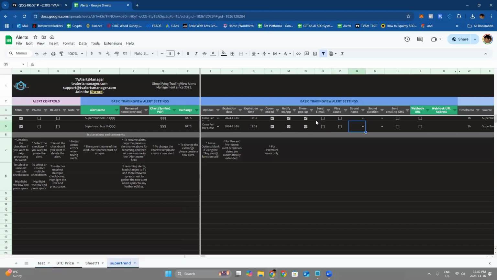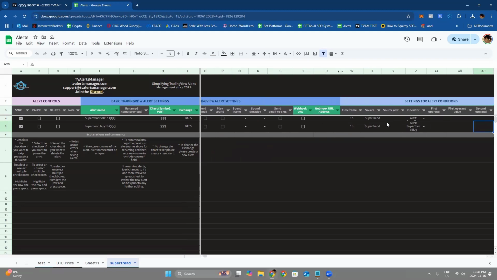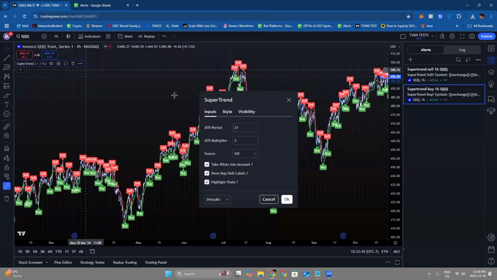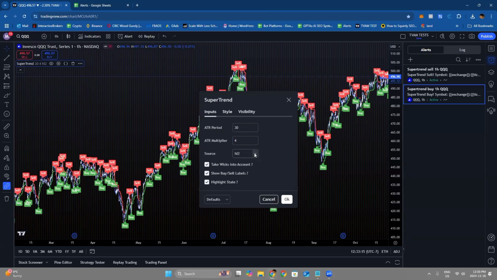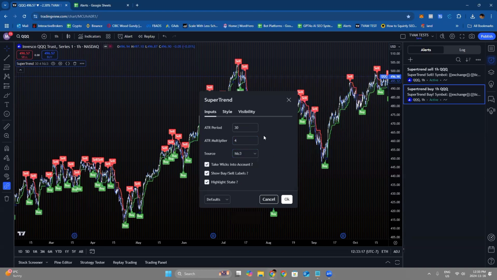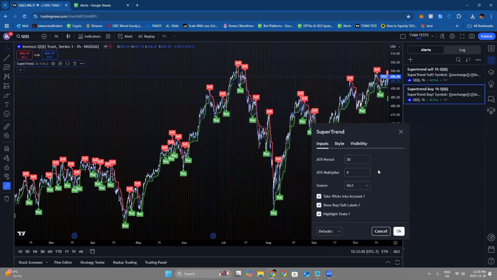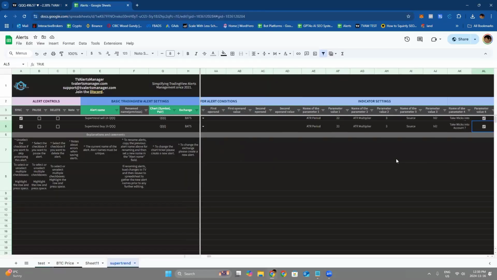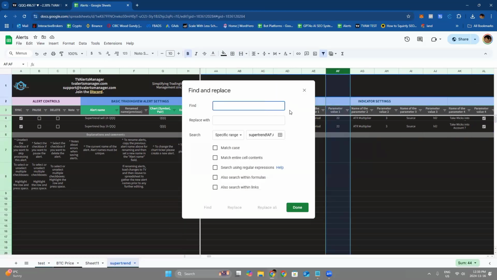Now, what I'm going to do here is, let's say I want to fine tune this alert a little bit. So let's say I want to come to the chart and make my period 30 and 4 and go to HLC3. Let's try this out, just to run you through how I do it. So now I'm going to click on AF, Control F, click for more options. I'm going to change 22 to